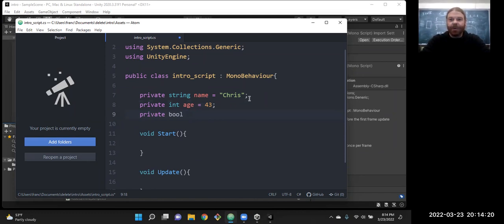I think it's bool here, B-O-O-L, for our primitive Boolean type of data, true or false. So obviously at age 43, that's going to be a true statement, which y'all have probably encountered this before, right? In Python, it'd be true spelled with a capital T. But notice the text editor didn't notice anything about that. So in C#, our true and false are lowercase letters.